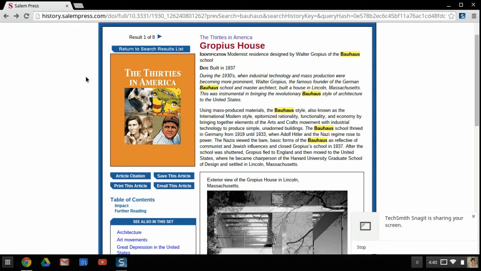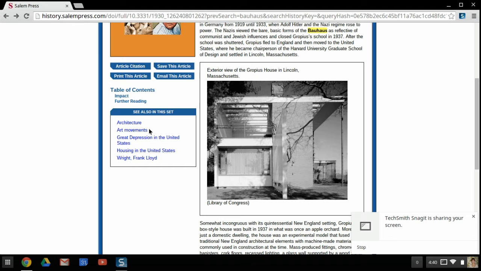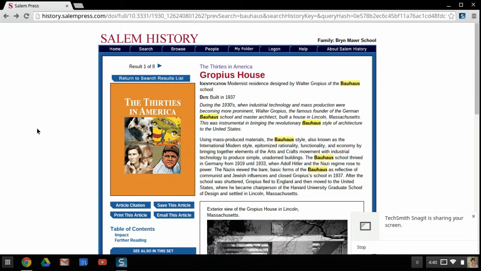As you can see, I can return to my search results by clicking this button on the top left corner. I could also browse related topics by clicking any of these links here in the See Also in this set box. Let's go back to the main home page and look at a different way to search the Decades in